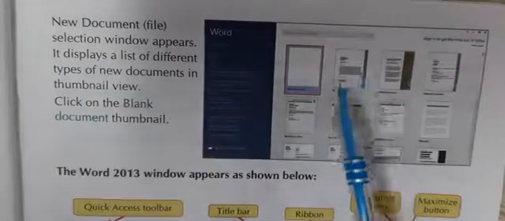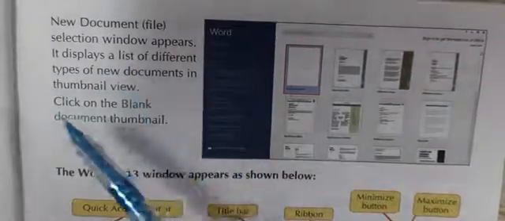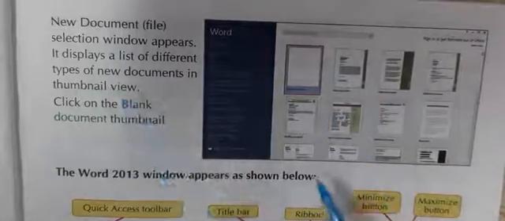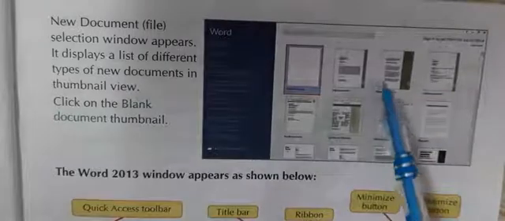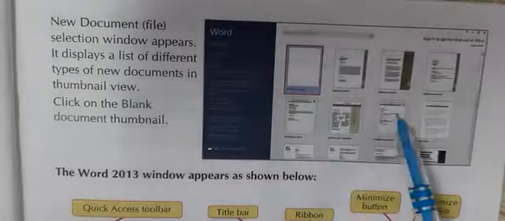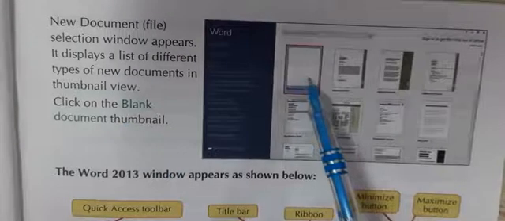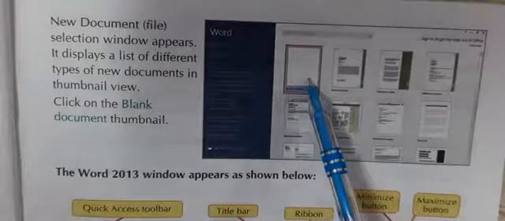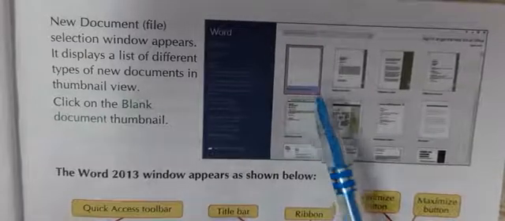It displays a list of different types of new documents. In thumbnail view, we can open the different types of new documents. To do any work, we will click on the blank document thumbnail.